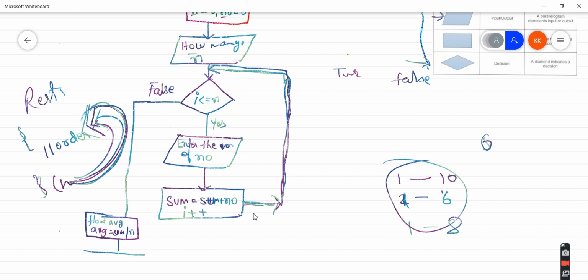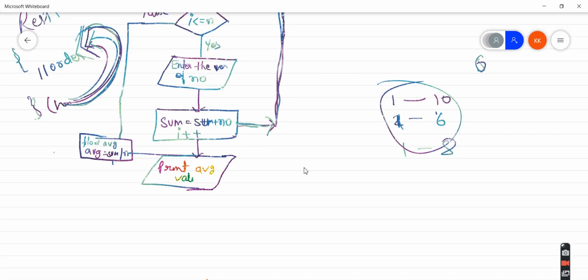And after that, I need to print the average value, and now we just need to stop this. That's it.